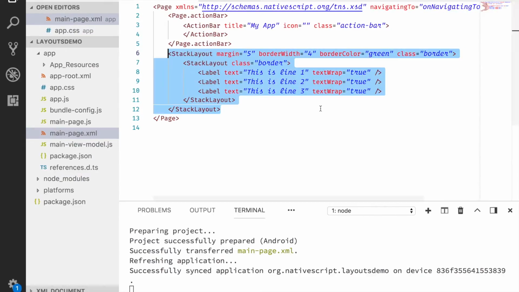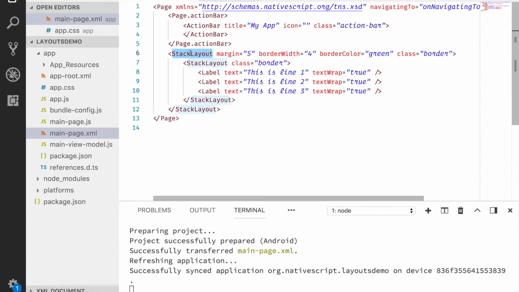But if a stack layout is inside some other layout, then it depends. Let's say you put the stack layout inside a grid layout, you could make the stack layout expand as much as you want in that cell. But if you put it inside another stack layout, then it's only going to expand to how much its inner